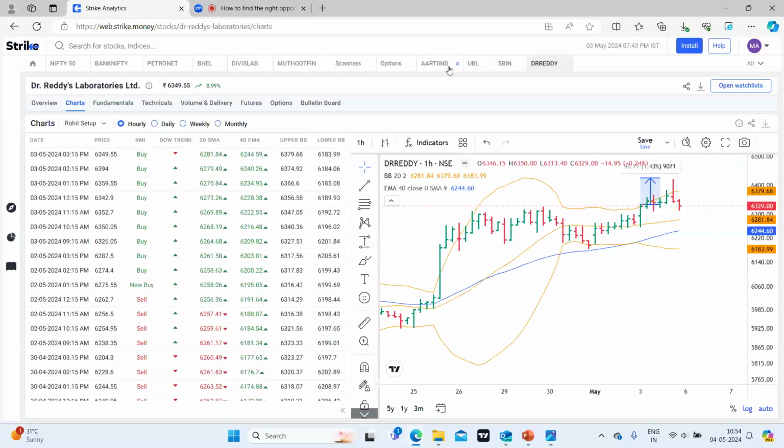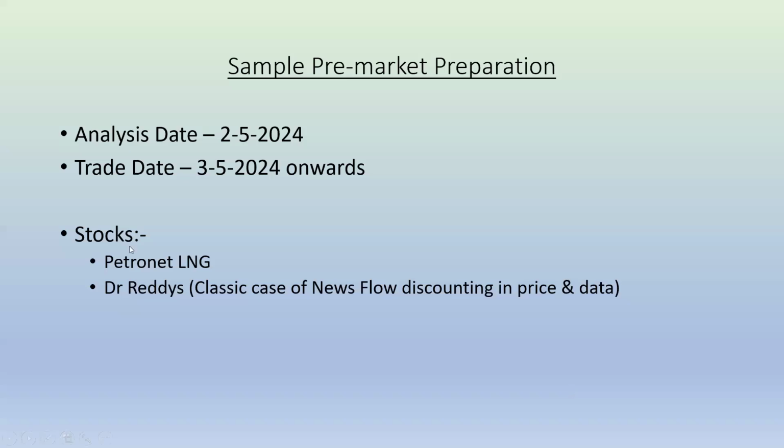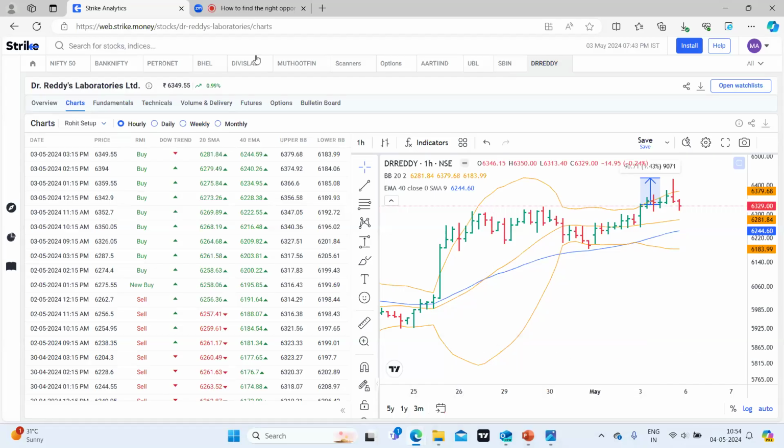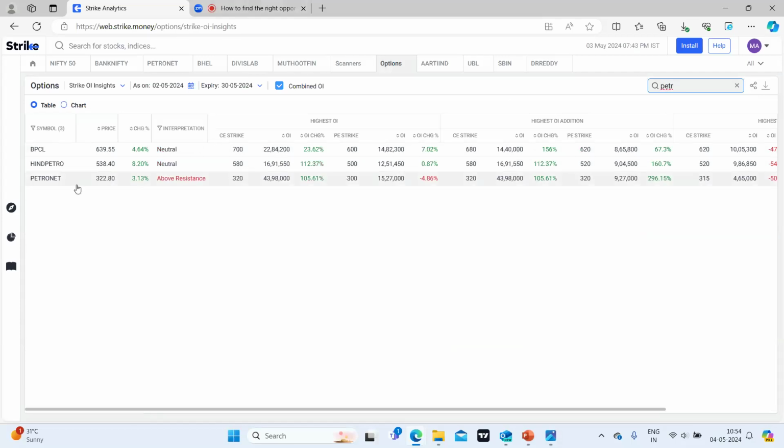सेकंड स्टॉक वाज पेट्रोनेट एलएनजी। Now the price is above resistance and there is 100% increase in the open interest। हमने तो बात की थी कि डबल डिजिट में रिडक्शन होना चाहिए।